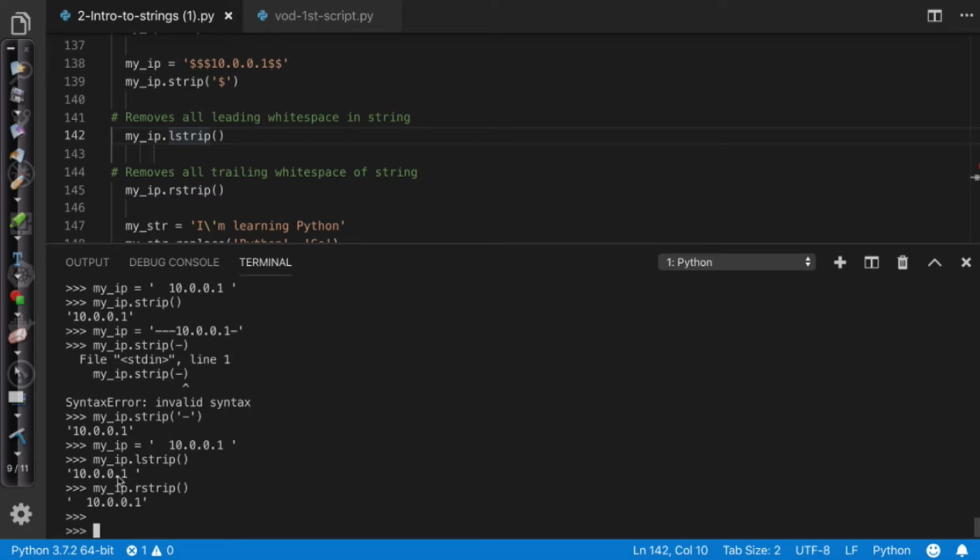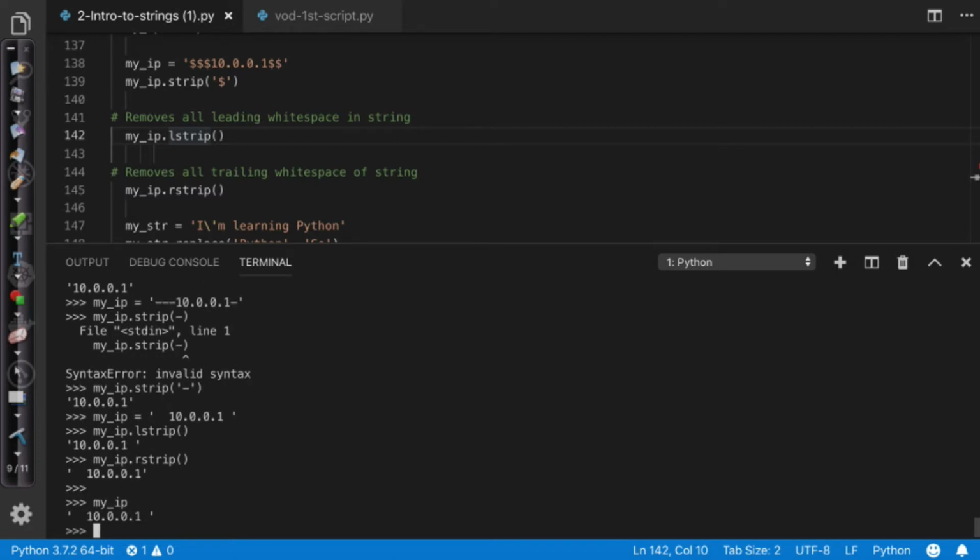The variable is always the same. In fact, if I look at my strip, my IP, excuse me, it is exactly the way it was. So I can actually do a number of things here. Now, we also need to mention,